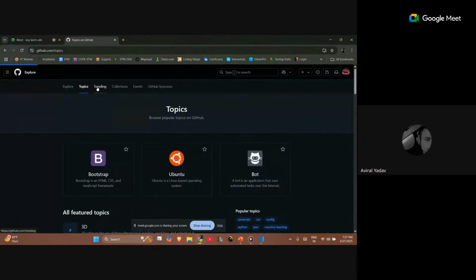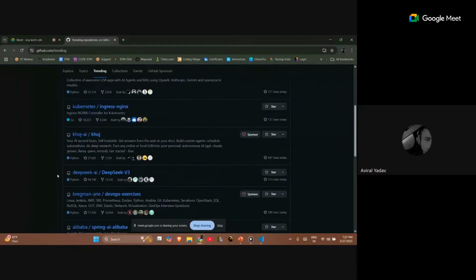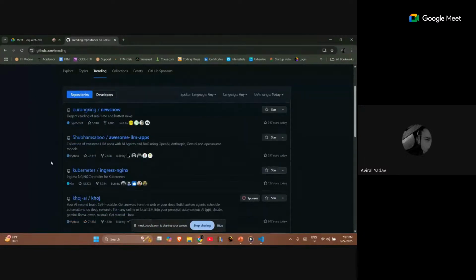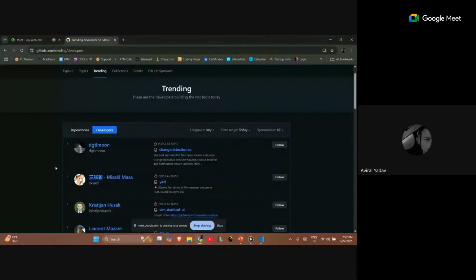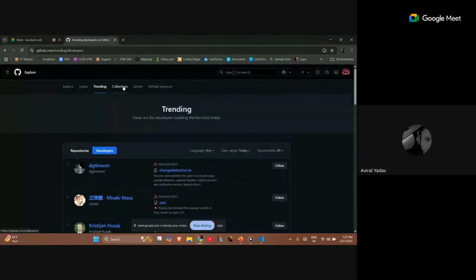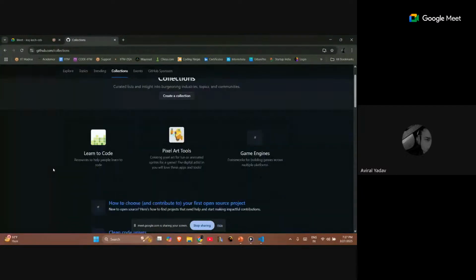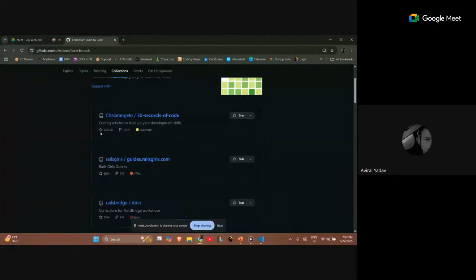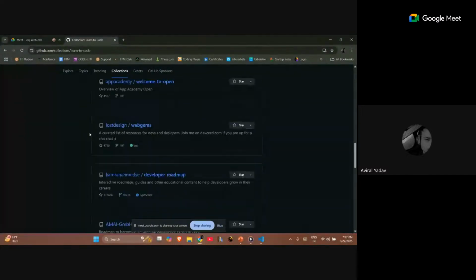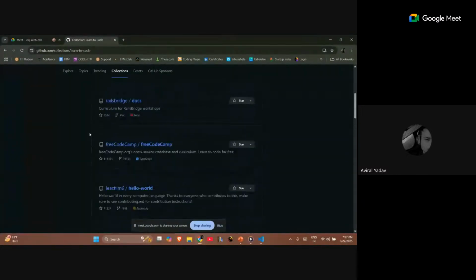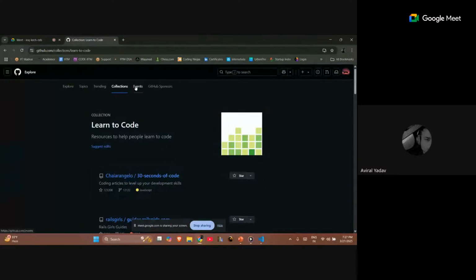There are trending repositories that are going on, as well as developers that are currently famous or at the top of the trend, and the collections, that is, the collection of repositories. For example, if I open this learn to code, you can see that it's a collection of repositories. There are multiple repositories associated with a single name. GitHub also conducts events and sponsorships, so you can look into that later.